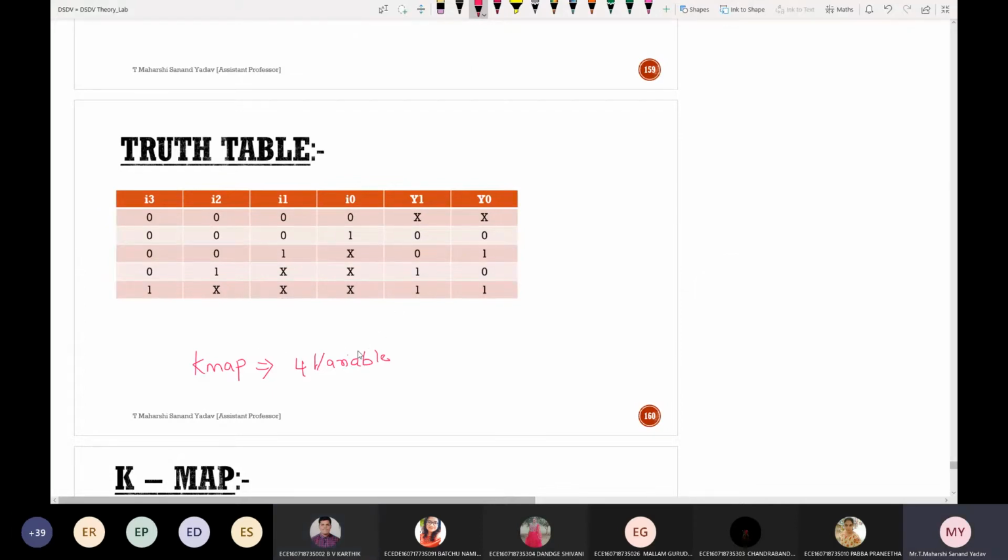How many minterms do we get? First you start with this: 1, x, x, and x. It indicates this can be 3 zeros, or else it can be 1, 2, or else 3, 4, 5, 6, and 7, whereas this most significant bit will be the same.